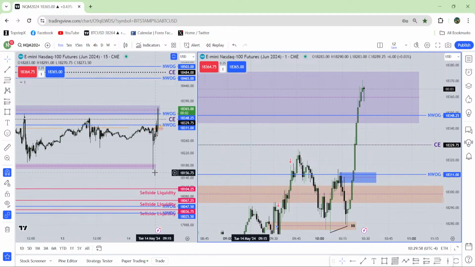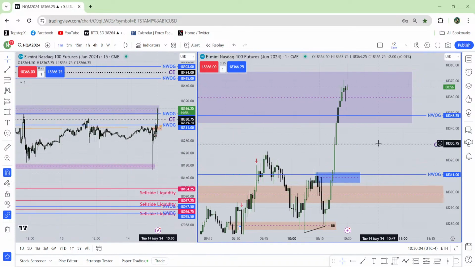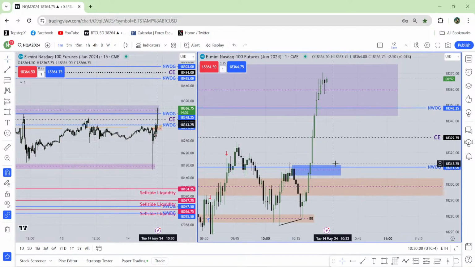Absolutely, manipulation. Did you get the manipulation? The market has taken the sell side liquidity, manipulated the market, buy side liquidity, manipulated the market. Did you get the manipulation? Perfectly, you got it. Where is the market right now? Here. Let it go above. Okay. Now